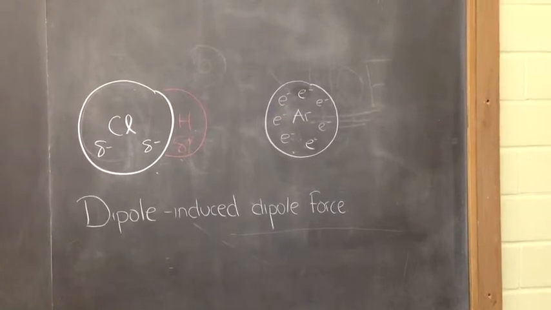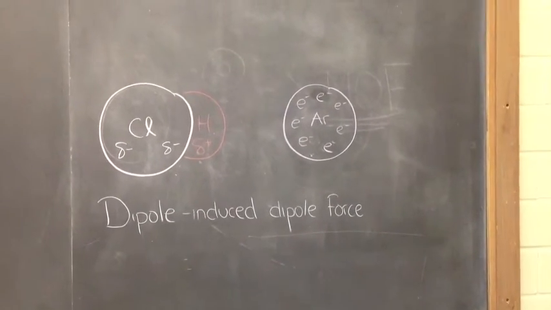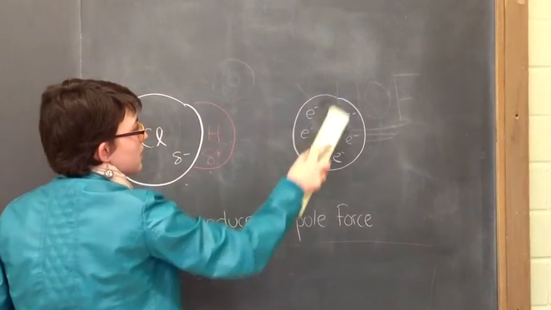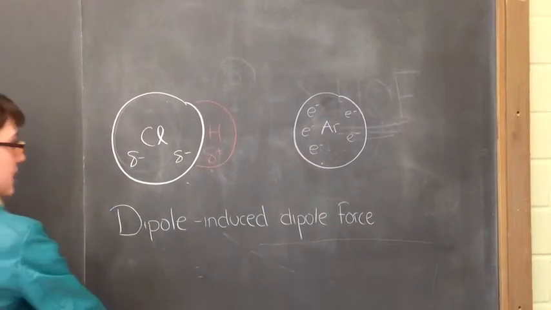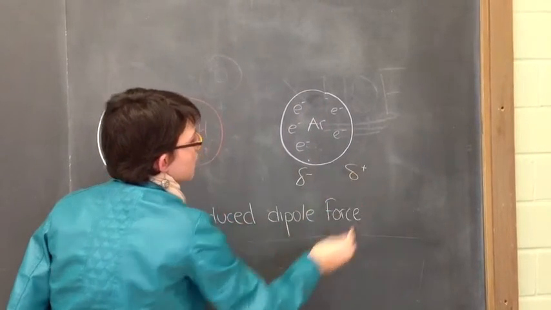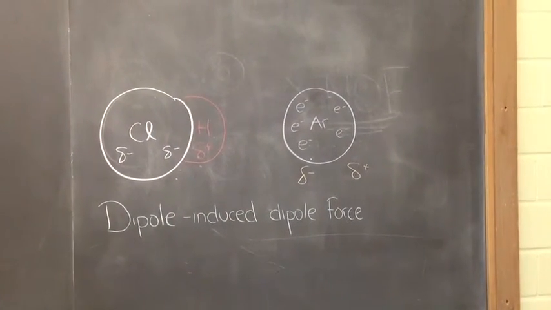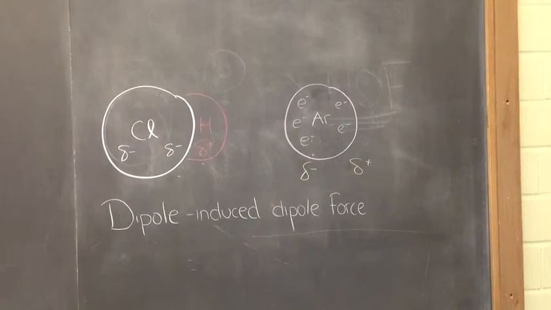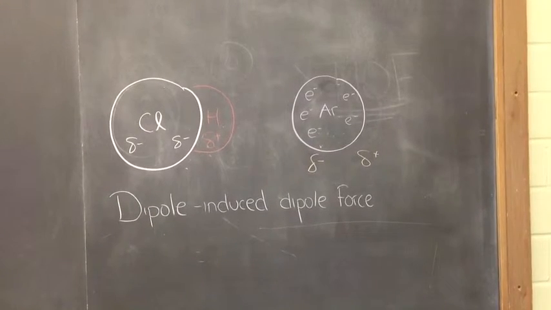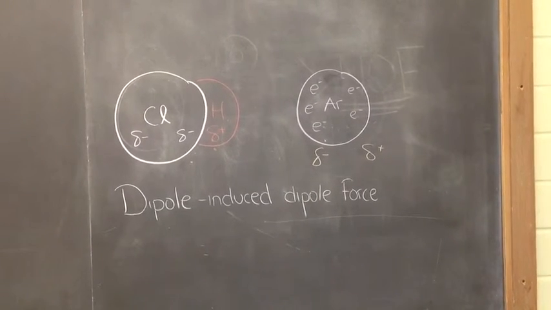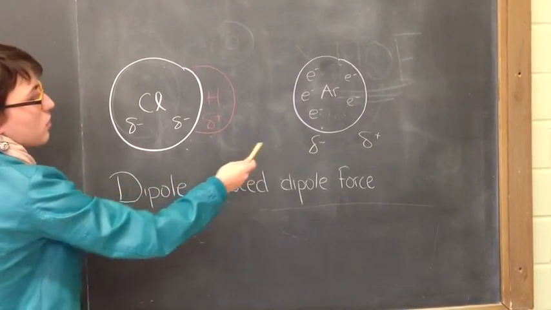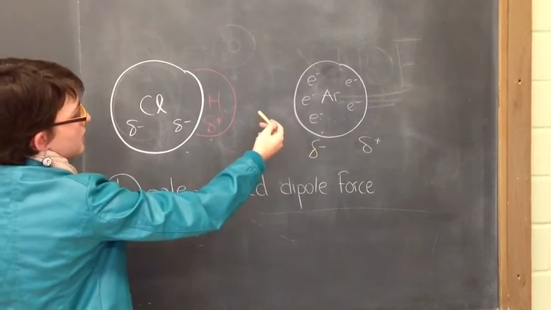So as argon begins to move closer to the hydrochloric acid molecule, its electrons are going to start to orient themselves towards the positive side of the hydrogen. So when this occurs, a dipole is created. So the negative end is here, and the positive end is here, because the electrons orient themselves towards the positive hydrogen. And this kind of dipole-dipole force only happens between molecules that have a high electronegativity or are highly polar, because it takes a lot for the electrons in argon, for example, or any noble gas to be able to move towards something that is a high